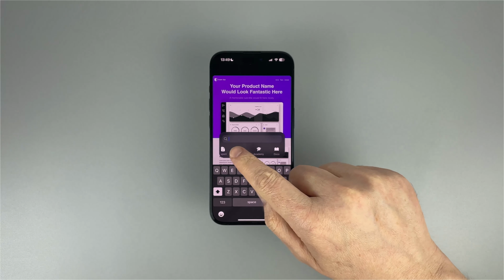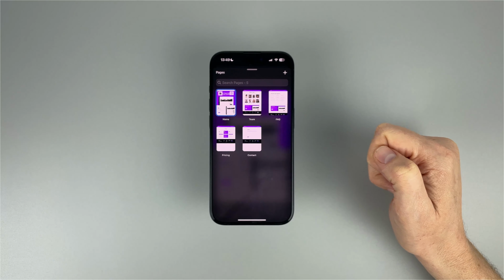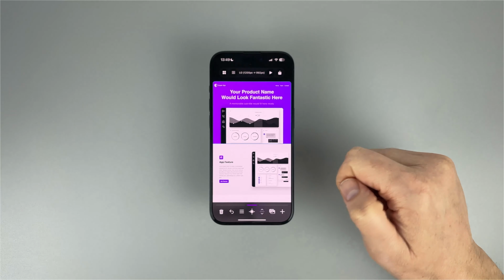Swiping down on the toolbar will open the Interface Navigator, helping us to quickly navigate the various tools and controls available in Blocks.